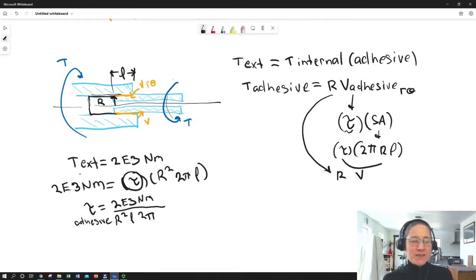But basically, you can see that the torque and the one dimension of that surface area over which the shear is applied, those are in a 1-to-1 ratio. So if we had the same radius, all we'd have to do was smear the glue over twice the area, and all other things being equal, we could double the applied torque for the same adhesive. Okay, so that's